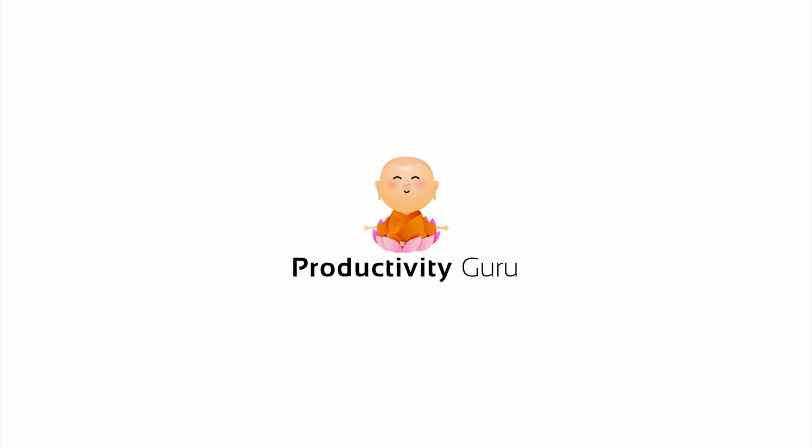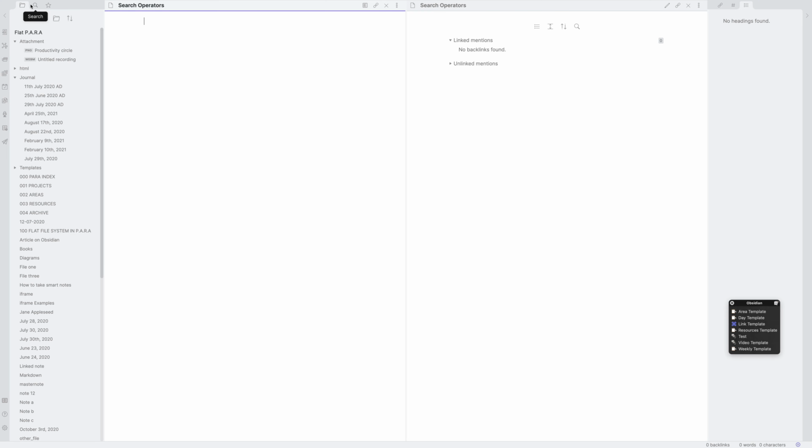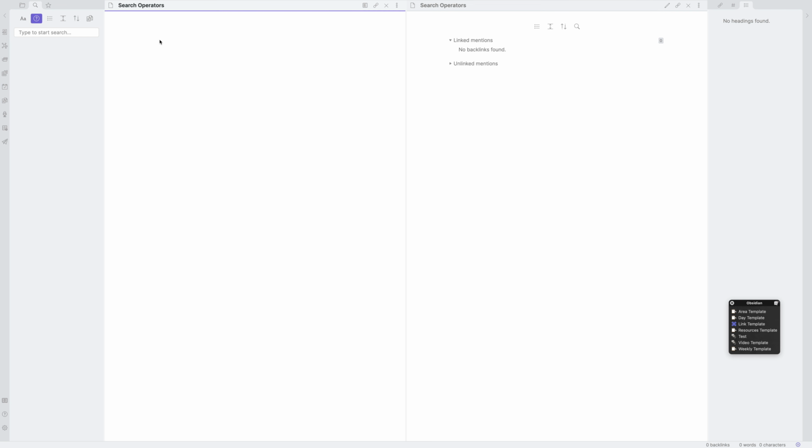After you've seen that video, please have a look at the second video, which goes over the new syntax to using regular expressions. Now, before we start, in this video, I'm going to go over all the search operators which you can access by using the search bar here or by embedding a query to your note. For the purpose of this video, I will show all the search operators by embedding a search query to this note. Please remember, the search operators will work in the exact same way in the search bar.